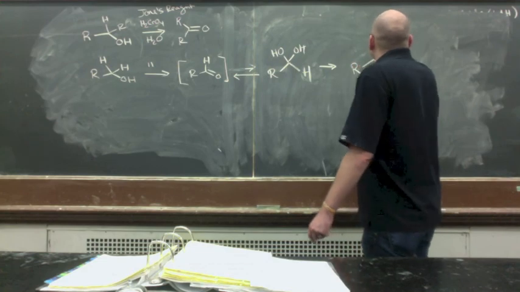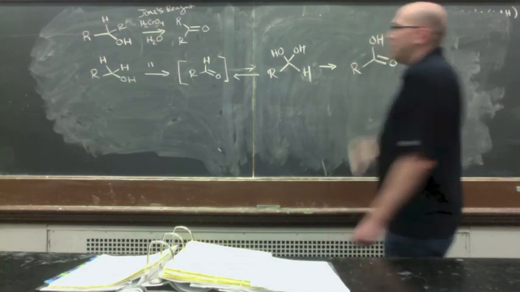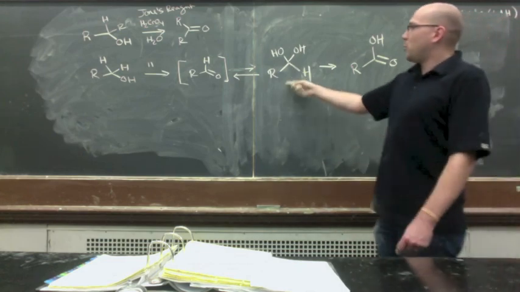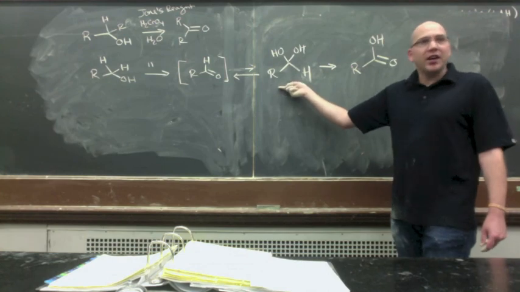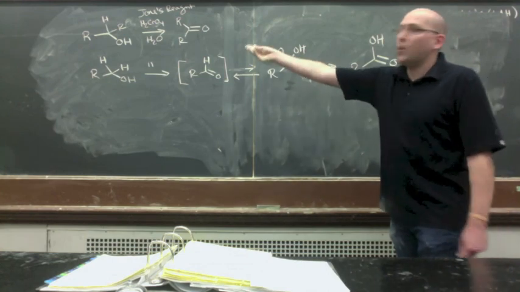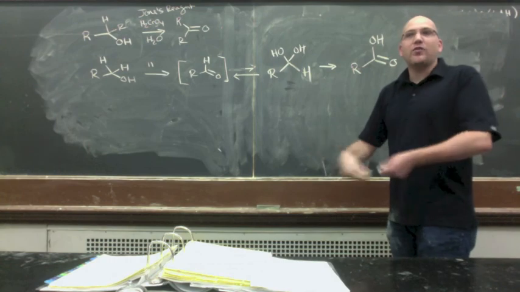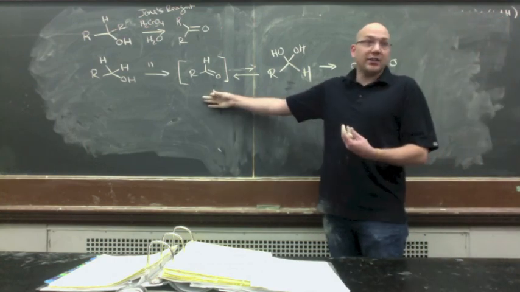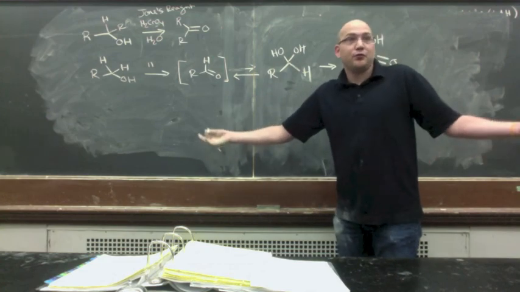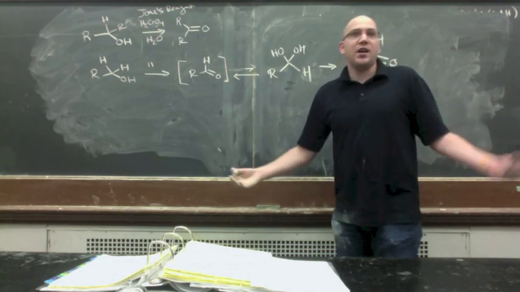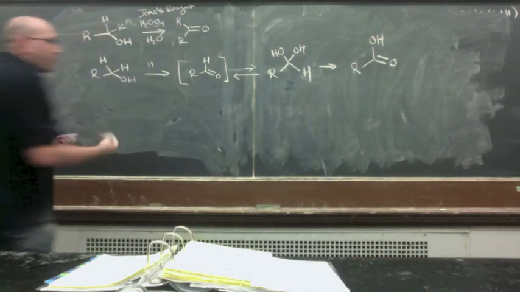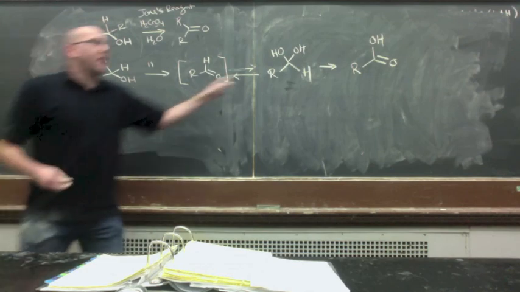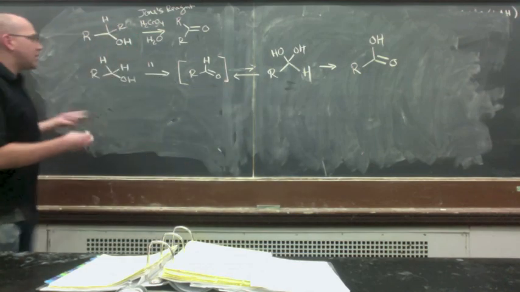And so when you have Jones reagent and you're in the presence of a primary alcohol, what you actually do is you oxidize all the way up to the carboxylic acid. So the important point to note is that there's this hydrate. All the reagents that go into it are water soluble, so you have to do this in the presence of water. How might you now stop at the aldehyde? You do something that doesn't have water in it, right? And so the other thing that was created is, if you want to get to the aldehyde, and then I'll stop after this, you need to prevent it from going to this hydrate. And so what they use is